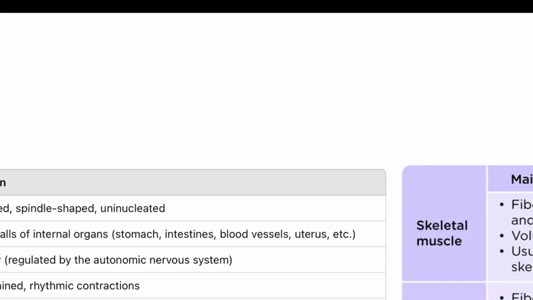They have high fatigue resistance, contract continuously without tiring quickly, and they have unique gap junctions that allow synchronized contraction of cells. So, such are the characteristics of the smooth muscle which form the viscera or the internal organs of